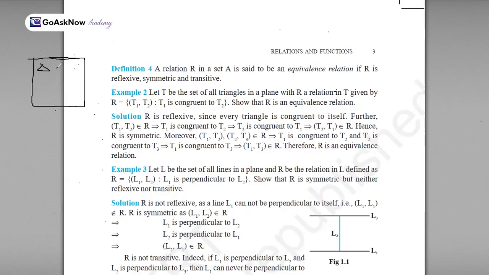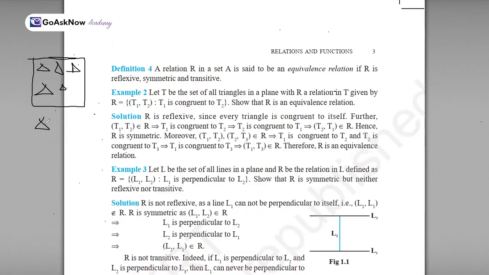Like it has some equilateral. It will contain equilateral triangle also, scalene triangle also, and right triangle and isosceles triangle. Many types of these scalene triangles and isosceles, all types are there in the plane. So if I have one triangle which is